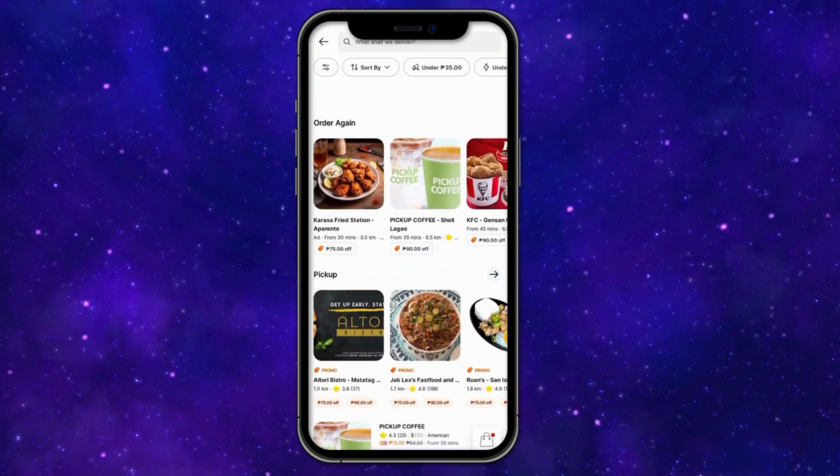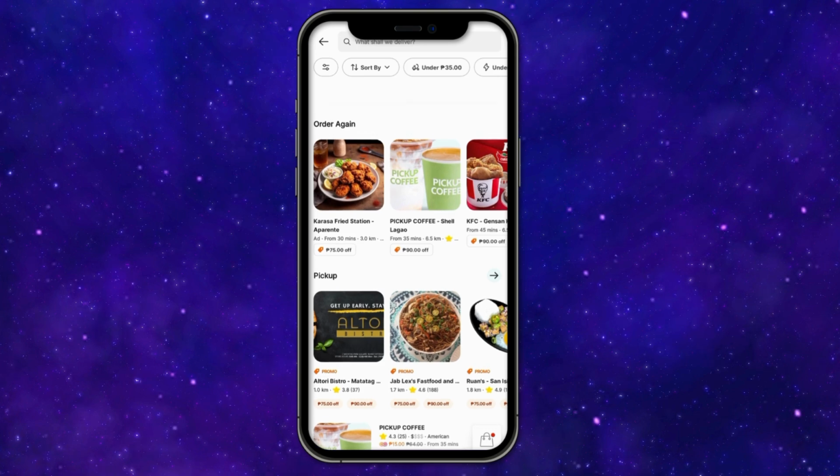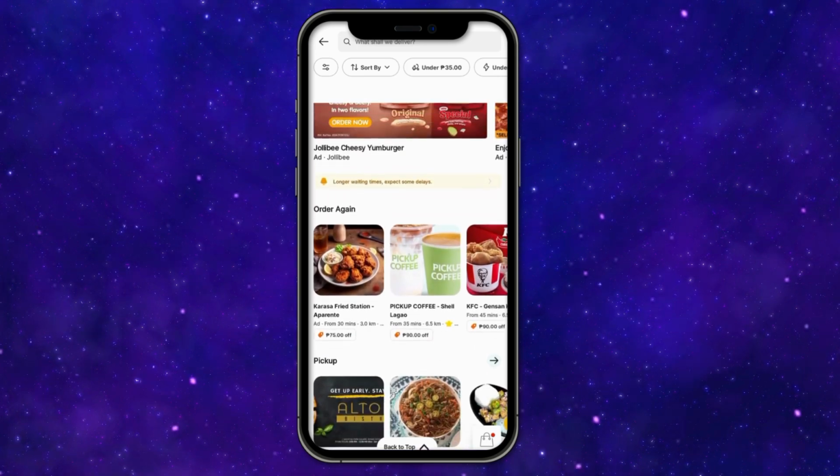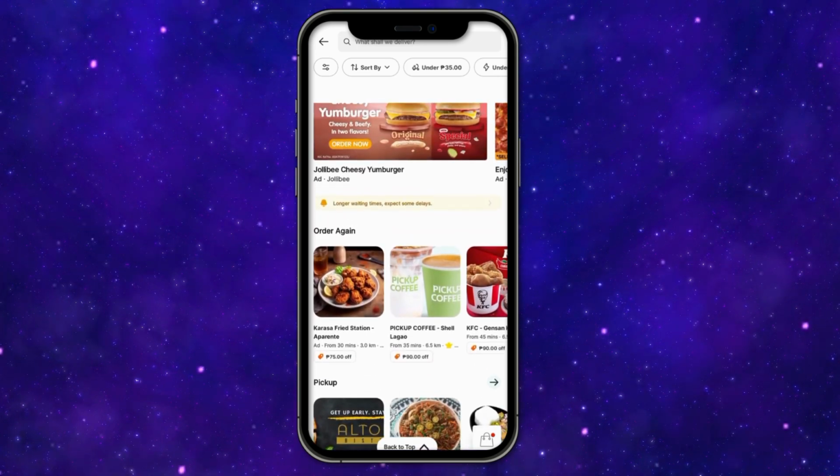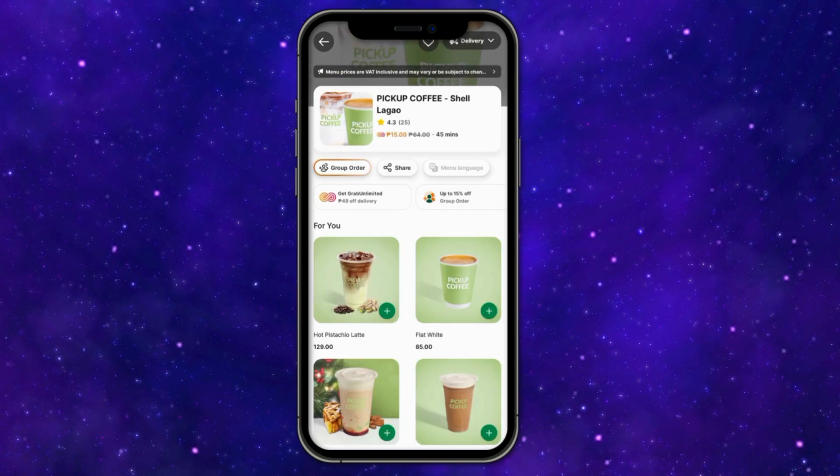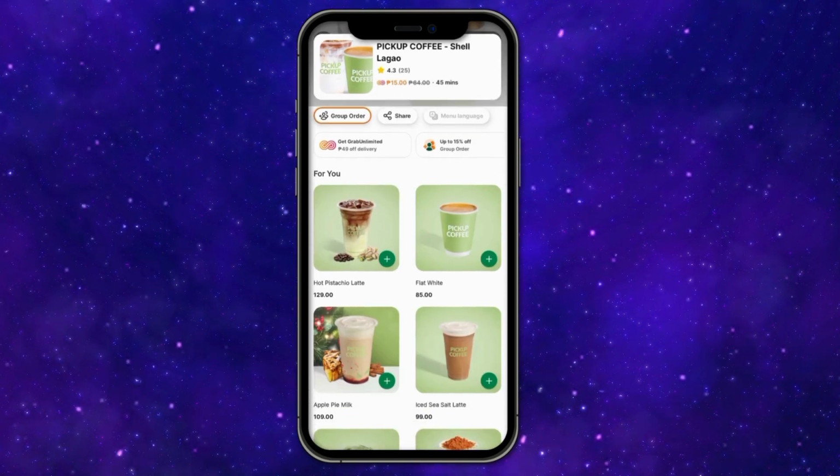So click on the shop where you want to order, and then once you're inside the shop, go ahead and select an item that you want to order from the shop. So to select an item, you just need to click on the plus icon at the bottom right of that specific item,